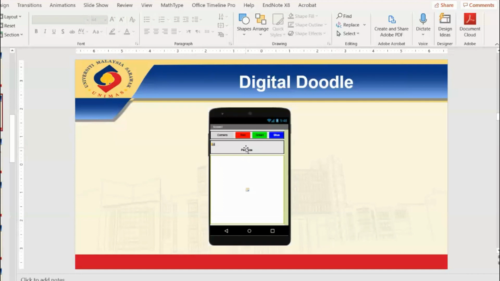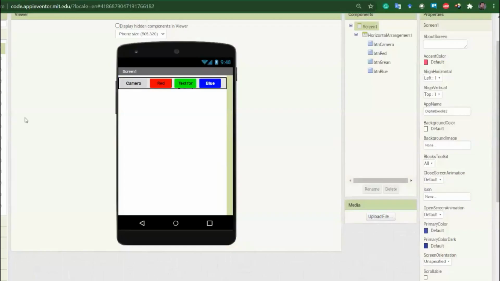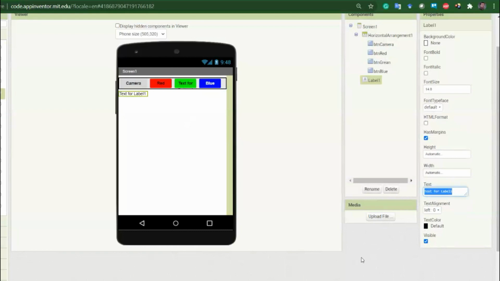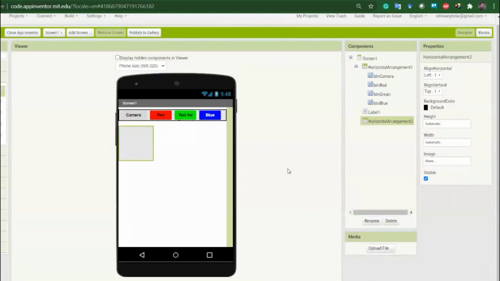Sometimes if you want a space between different controls, for example, a space between the first horizontal layout and the second horizontal layout, then one easy technique is that we can bring a label and put it here, but just remove its text, so it will be invisible, and then it will get some space, and that space will be used like a spacing argument, spacing the controls from each other. So next one, horizontal control, its width should be fill parent.